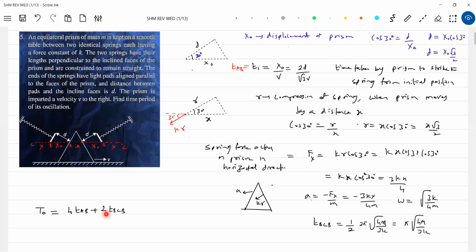If you want, you write only BC, then you should write 1/4. I think this will be justified, and then this will be better one, so that confusion will not come. No, you write 4 times. Why 4 times? Because in one oscillation, A to B, B to C, C to B, B to A, then again A to B, B to C, C to B, B to A. Substitute all this one.